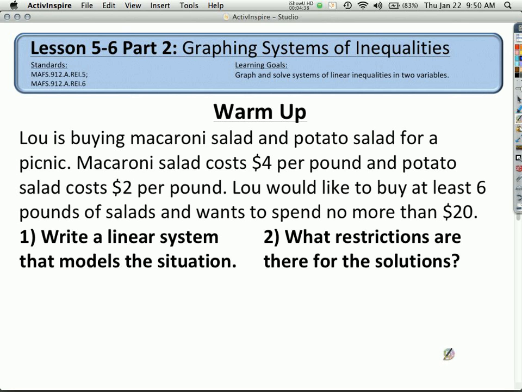Oh, sorry, 1 second, please. Okay, I apologize. So go ahead again. Student number 4, what'd you put? X plus y is greater than or equal to 6, and 4x plus 2y is less than or equal to 20. Okay, student number 21, what did you put? 4x plus 2y less than or equal to 20, and x plus y is greater than or equal to 6. Okay, so the other two students, hold off for a moment. Sounds like they had the same thing.